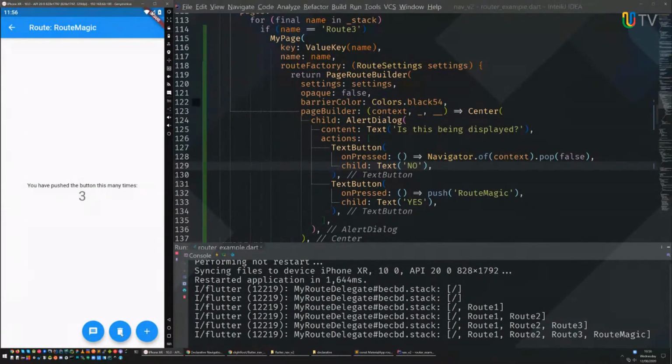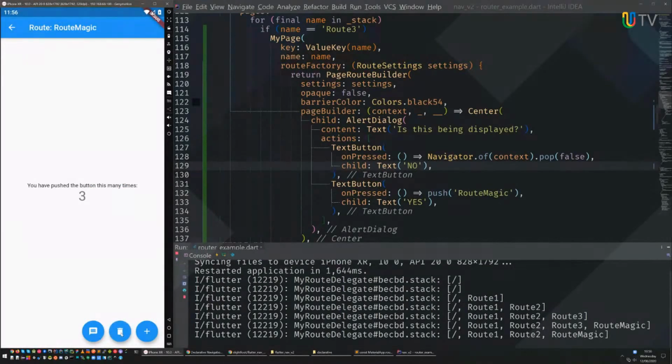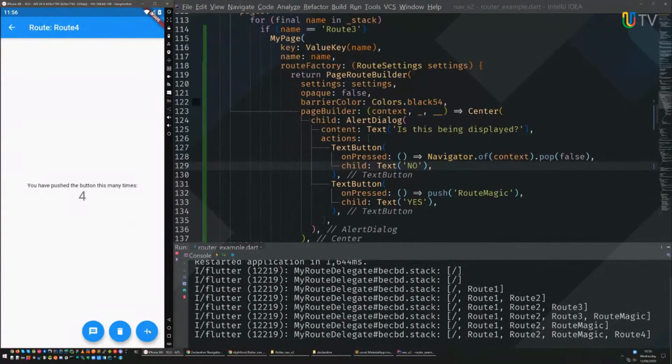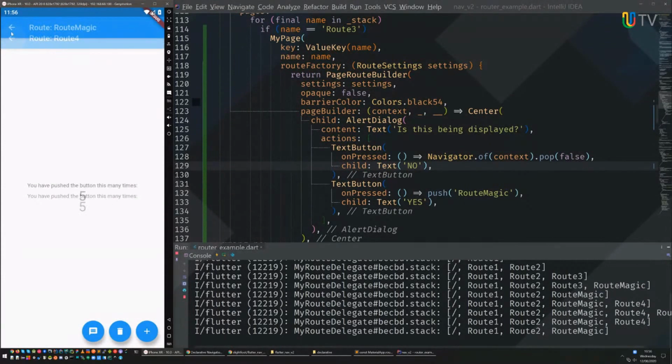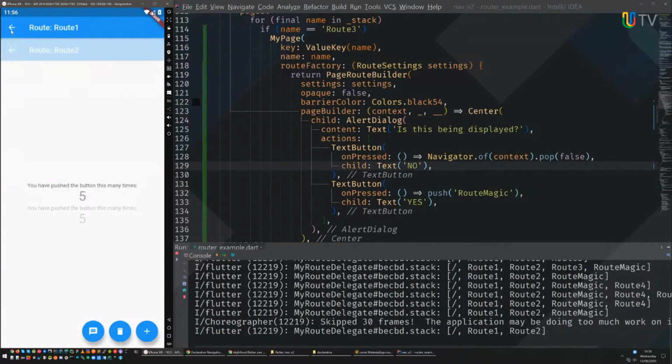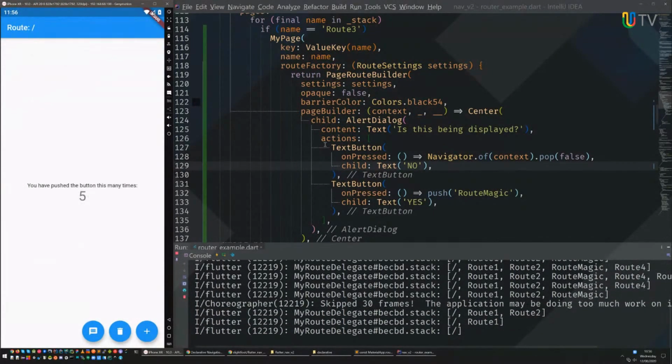And if I hit delete, that's going to delete the dialog. I think we just saw a bug there, which is interesting. Anyway, route 4, route 5, and hit back, and that'll go back and not show the dialog because the dialog's now gone. There's a little glint there of a little frame of the dialog, which might actually be a bug, or it might be my implementation because I'm just doing it really quickly. But anyway, that shall answer the question. Right. Sorry, what was the other question?